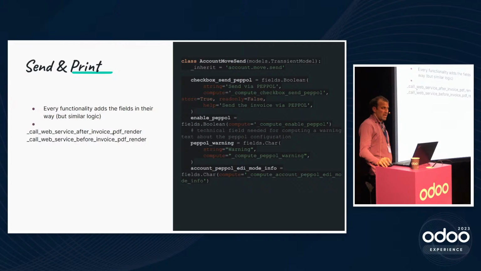And so there are 2 methods: call web service after the PDF render, or call your web service before the PDF render. So you will do it after if you don't need some kind of signature from the government that you can show to your customer that the document is valid. For the moment I can say that the send and print wizard has quite some complexities in it as well,